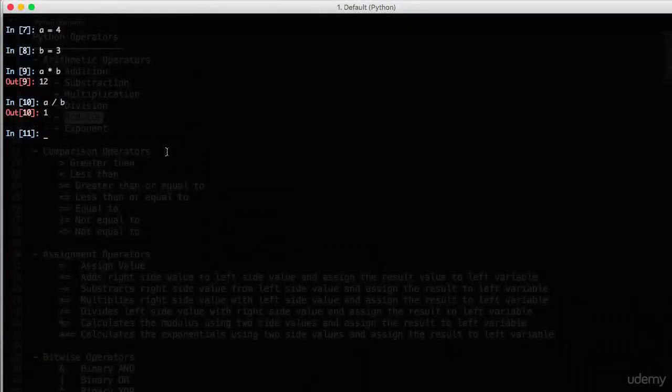So what is meant by modulus? Modulus is nothing but the remainder of the division operation. For example, a is equal to 45, b is equal to 6, and when you type a modulus b, the output should be 3. So how did we get the output as 3? When we divided 45 by 6, the quotient was 7, since 6 sevens are 42, and the remainder was 3. So that was the actual output.